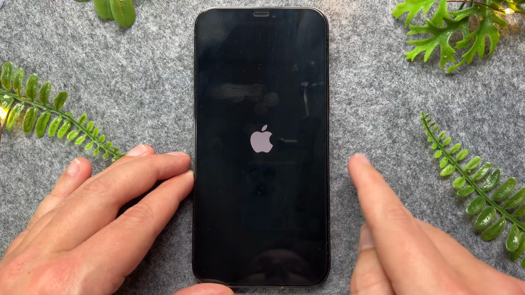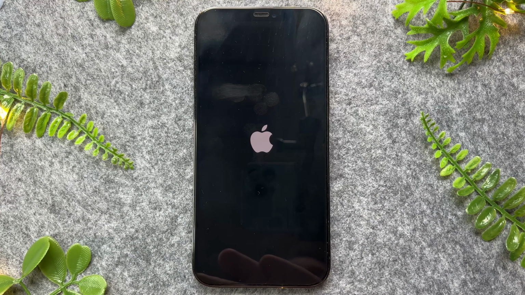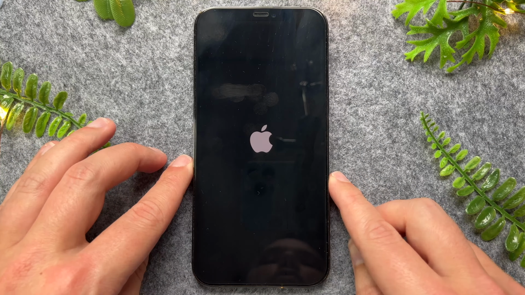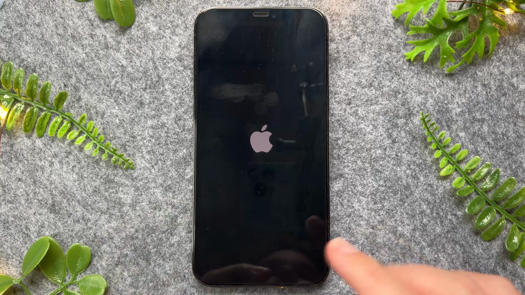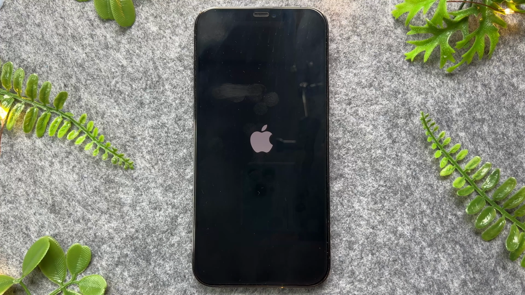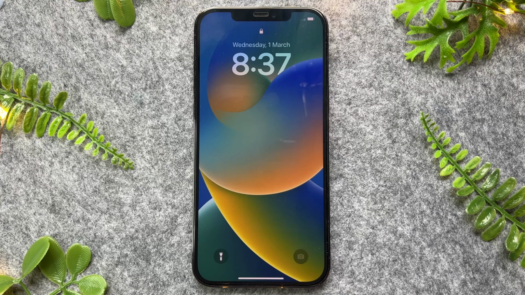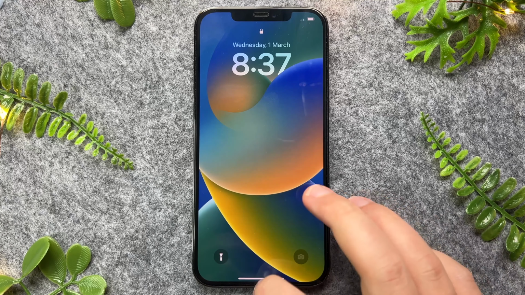And just quickly, this is a great step as it will not remove any information from your phone. All your photos, contacts, apps will be exactly as they were. So I'll just let that reboot really quickly. Now, once this is back,